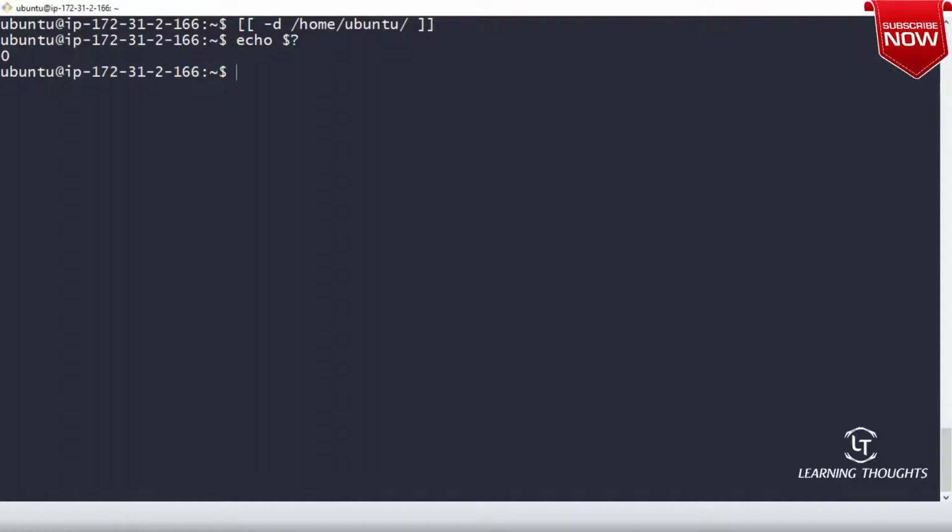Basically, whenever you are writing a single square bracket, it might give you problems when you have paths with spaces in them. But if you use the double shorthand notation, you might not get that problem. That's the only difference. Am I clear on this, sir? Yeah. So can you test and tell whether the directory is present or not?